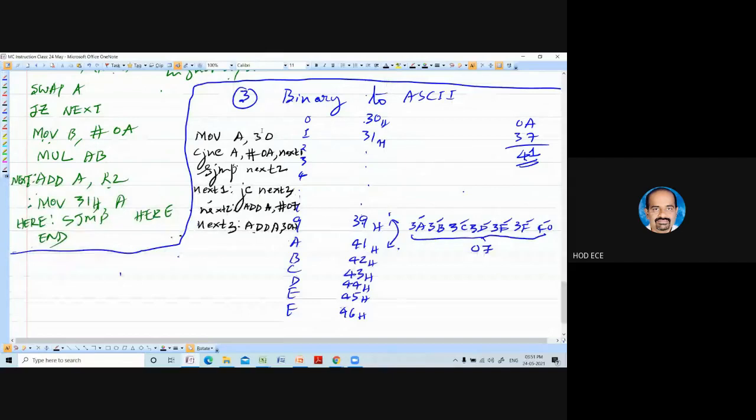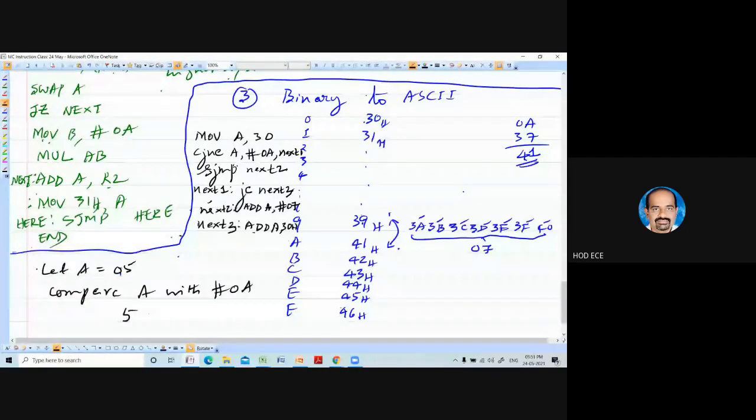I would repeat the program once again. I will explain with the data. Move 30 to accumulator. Let accumulator be 05. Compare A with hash 0A.